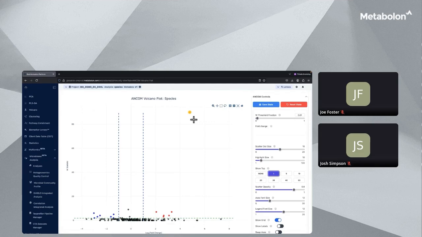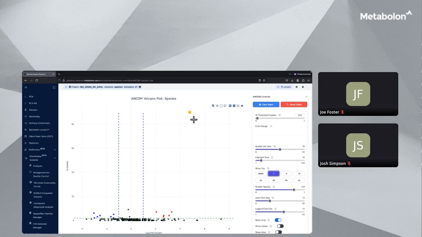This plot is structured like your typical volcano plot, with each point representing a microbial taxon, in this case species, and the x-axis showing the log 2-fold change in abundance between the two groups that we specified when we launched the analysis. So IBD versus non-IBD in this case. And we capture how much a taxon's abundance shifts between the groups. So the y-axis represents the W statistic, which is a measure of statistical support that indicates how consistently that taxon differs across many pairwise group